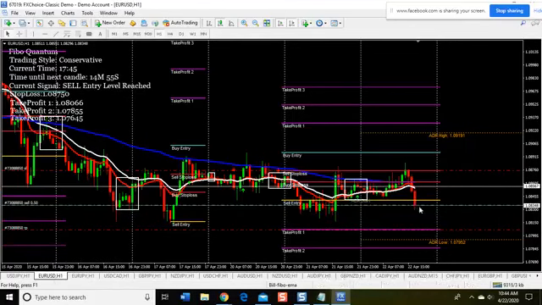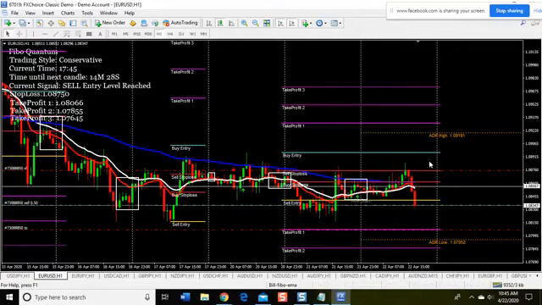EUR USD. We're kind of right where we got in at this point. We got in a little bit late. We missed the indicator. I stepped away from the computer and missed the alert going off that we moved through the sell entry. And again, we're red, white, and blue. The sell signal and price were both below the 89, and we're on day 6 of the downtrend. It's day 6 of the global trend.